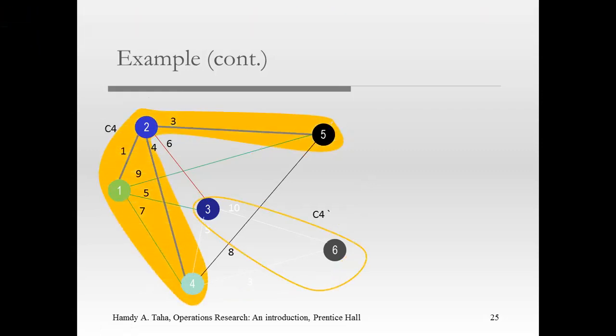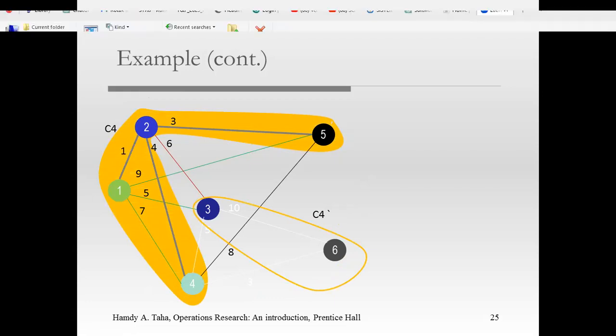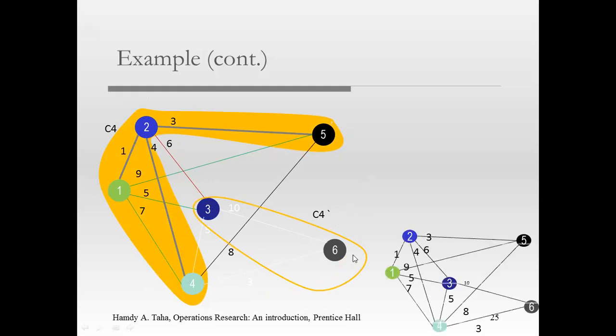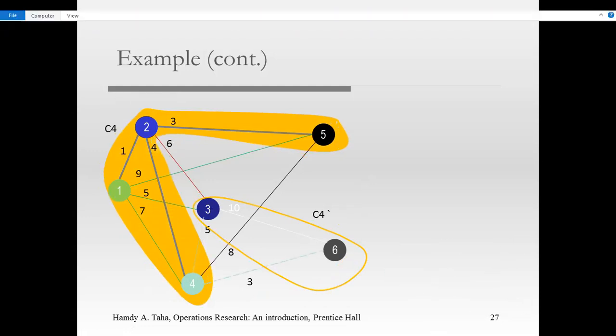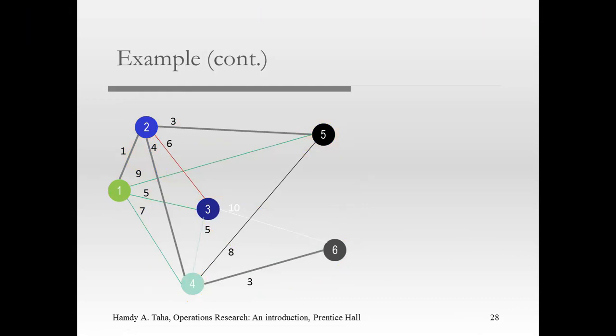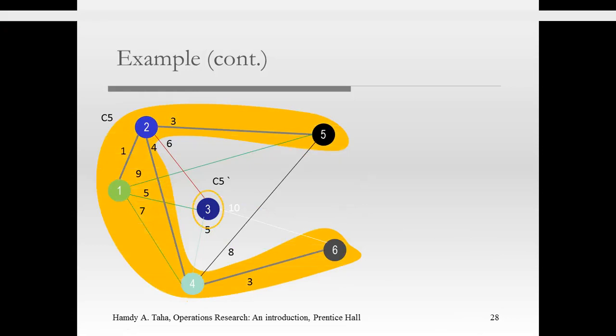So the remaining unconnected nodes are 3 and 6. The same logic, from all the connected network to 3 and 6, which one is the shortest? Okay, of course, from 4 to 6. Yeah, like this. So you can see now we have connected 4 new housing. And the remaining one, 3, is not yet connected permanently. So again, to reach 3, from which node?